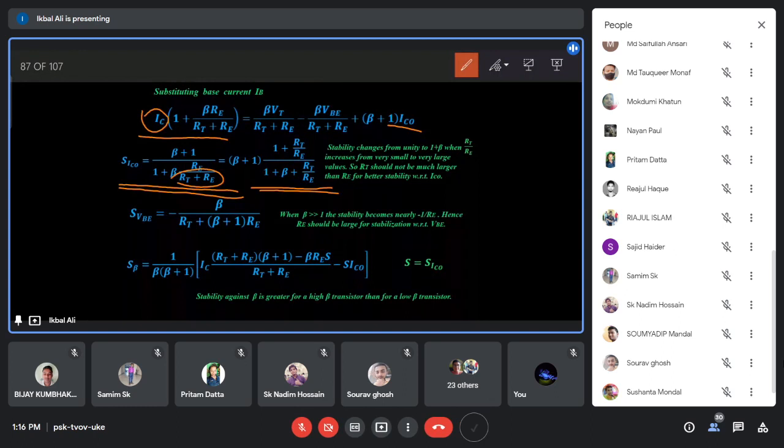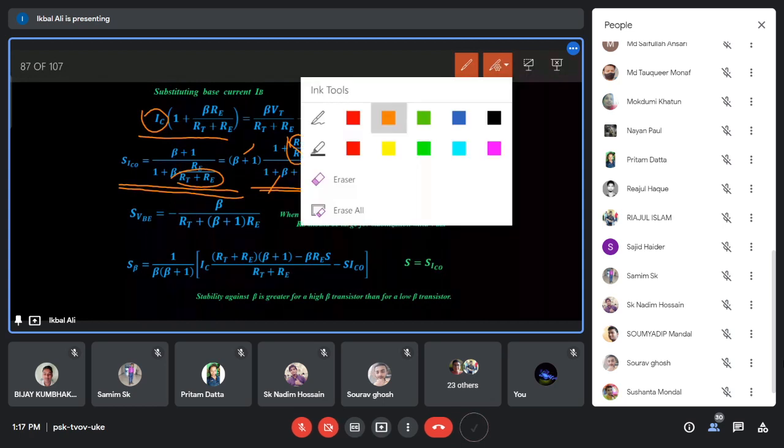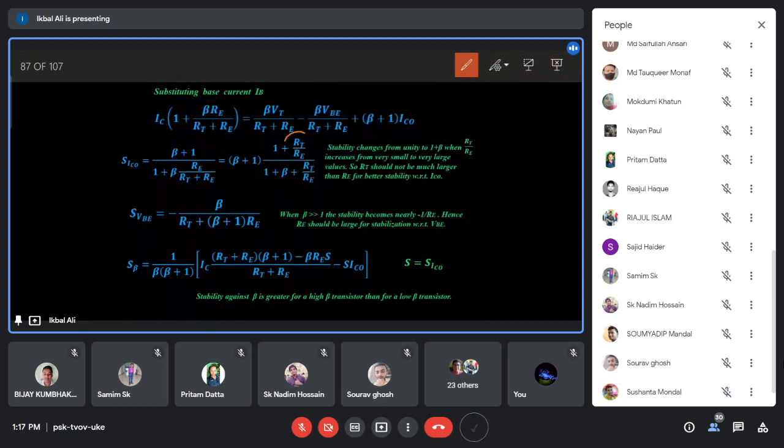এবার এই সেকেন্ড এক্সপ্রেশনটা লক্ষ্য করো, যদি RT বাই RE খুব স্মল হয়, জিরোর কাছাকাছি হয়, তাহলে এই দুটোকে বাদ দিতে পারো, তাহলে বিটা প্লাস 1 হচ্ছে নিউমারেটরে, আর ডিনোমিনেটরে 1 প্লাস বিটা ক্যান্সেল হয়ে 1 হবে। যদি RT বাই RE একটু হাই ভ্যালু নাও তাহলে এই 1 প্লাস বিটাটা এফেক্টিভলি কম হয়ে যাবে, তখন এস আইসিও হয়ে যাবে বিটা প্লাস 1।